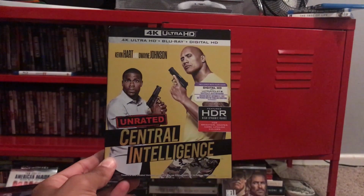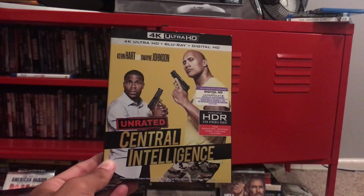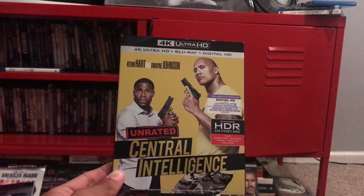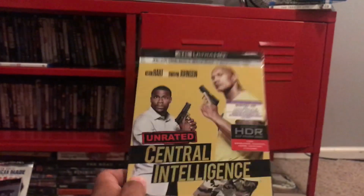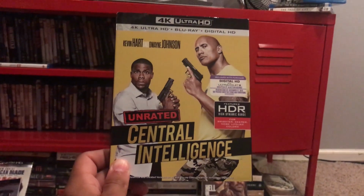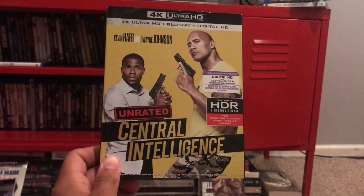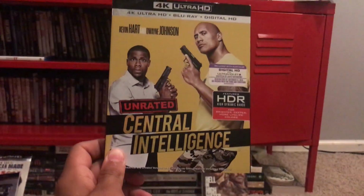Almost wrapping up here, we have Central Intelligence with Kevin Hart and Dwayne Johnson. I'm huge fans of both of these guys. I think this is the only movie in my 4K collection that I actually haven't seen, but like I said, I'm a huge fan of Kevin Hart and Dwayne Johnson, so I'm sure that this movie can't be bad. And I think I also got it for less than $20,